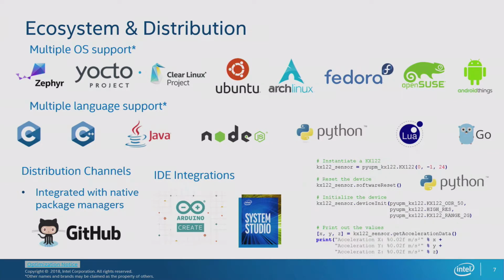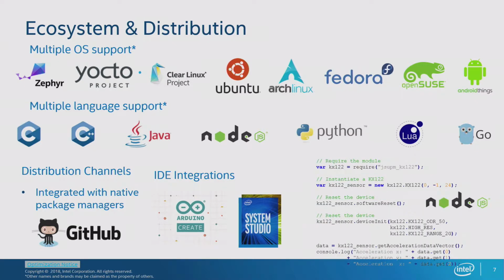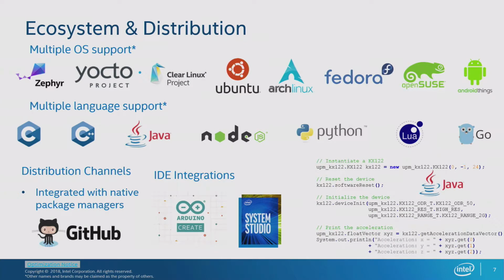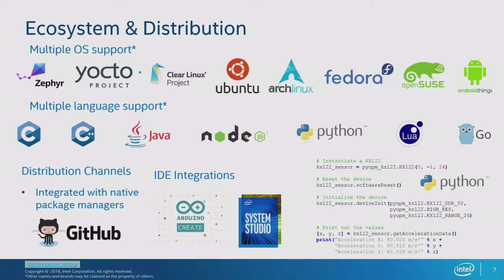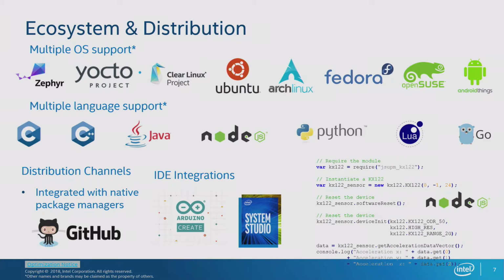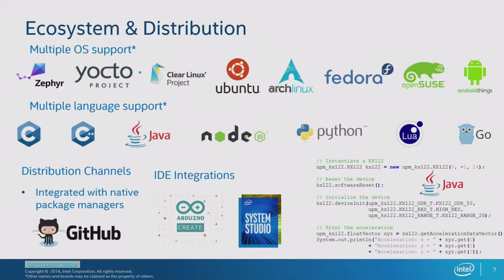So you heard me say Java bindings. Well, what do I mean by that? The projects are natively written in C and C++. So that's fairly common. When you need hardware access that's fast and quick, you do it in C, right? However, how do you handle all the other languages?